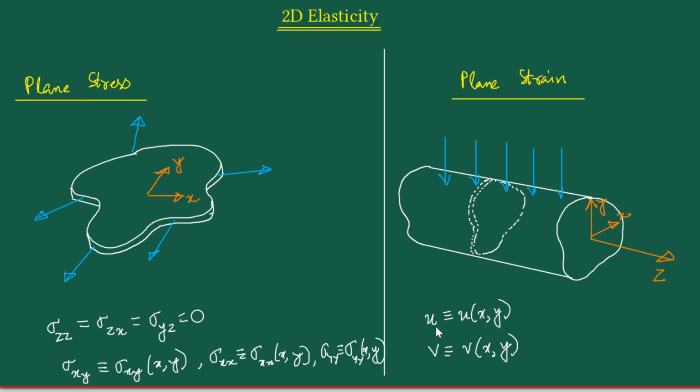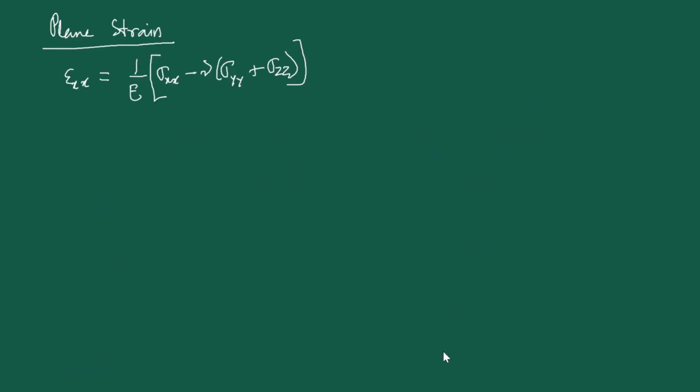So if you take the epsilon xx from here, it will be del u del x. So epsilon xx is equal to del u del x, which is a function of x and y. The epsilon yy equal to del v del y, that is a function of x and y. Okay, so we cannot say anything about these being 0. In fact, they are not. And on the right hand side also, we cannot say anything immediately, but we'll see that some simplification will occur.